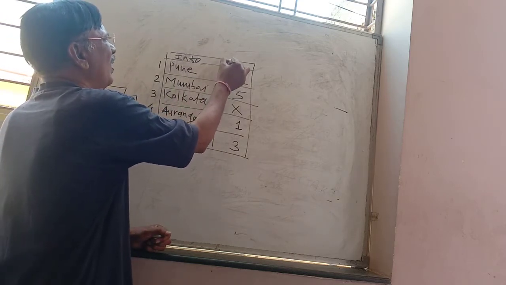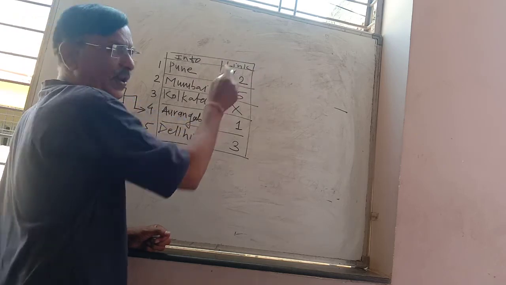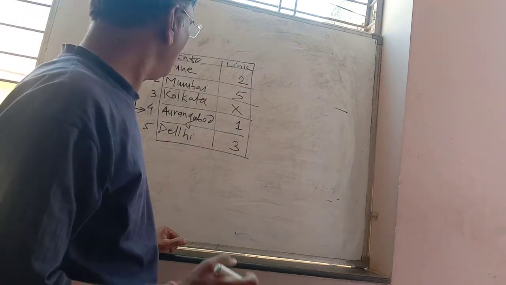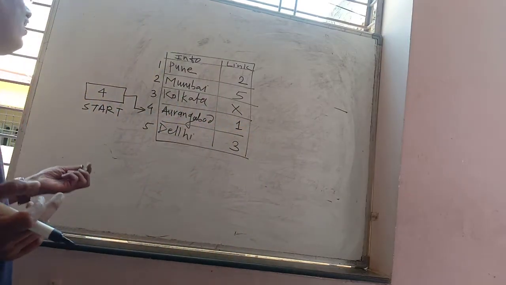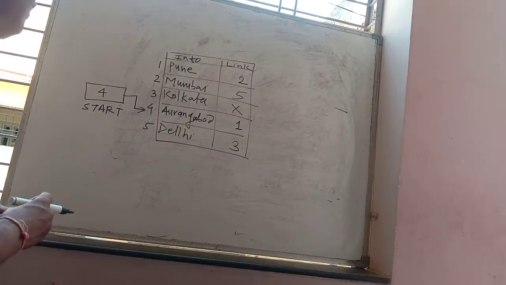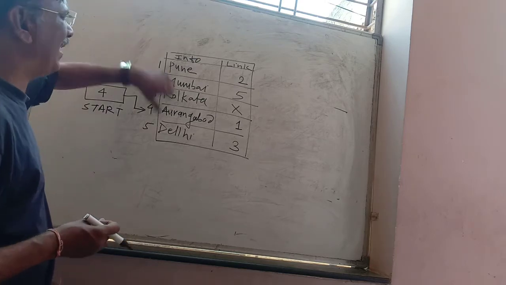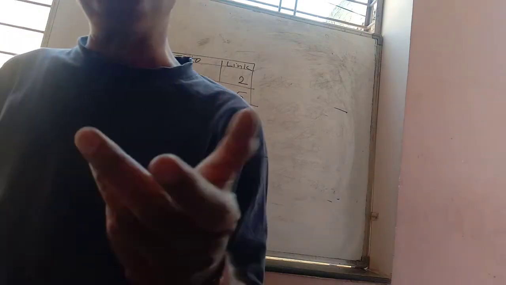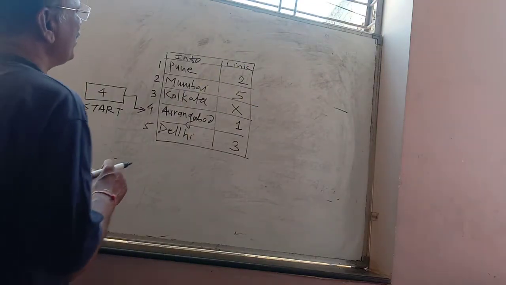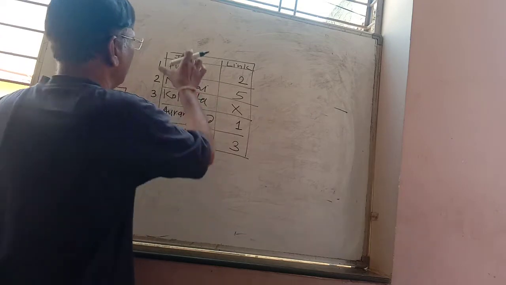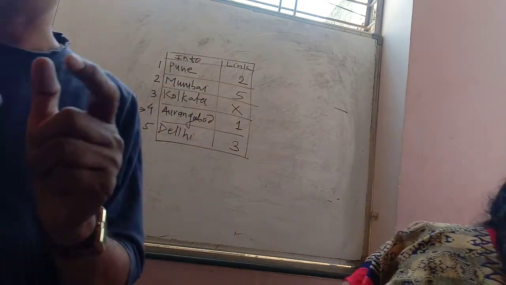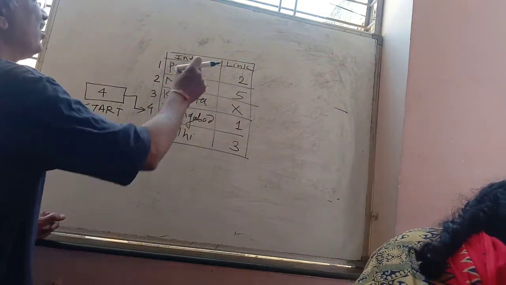Whereas this is called the link part, which will give the address of the next element. Now the basic difference between linear list and linked list is that a linear list is a linear collection of elements where every element is referenced respectively by an index set, whereas the linked list is a collection of nodes where every node is divided into two parts. That is, the first part is the info part, that is the element, whereas the other part is called the link part